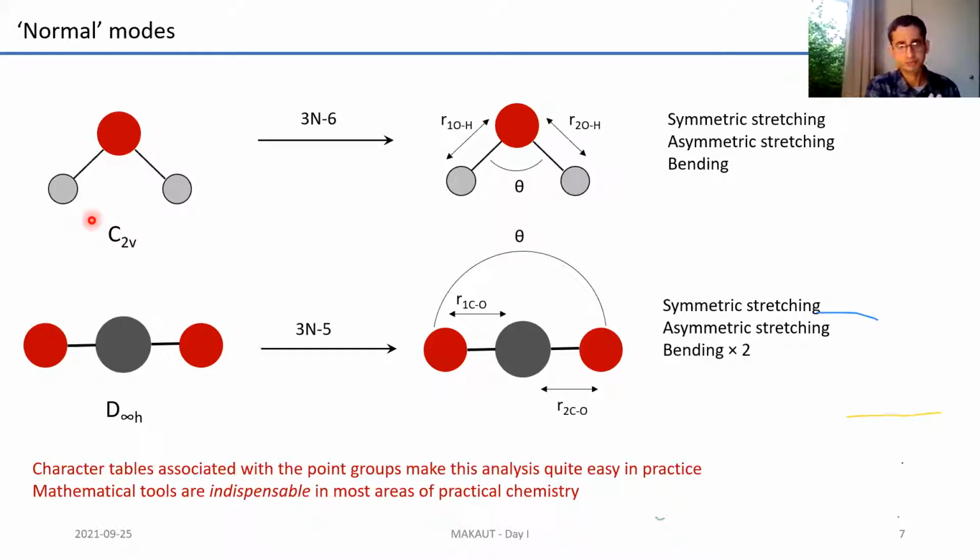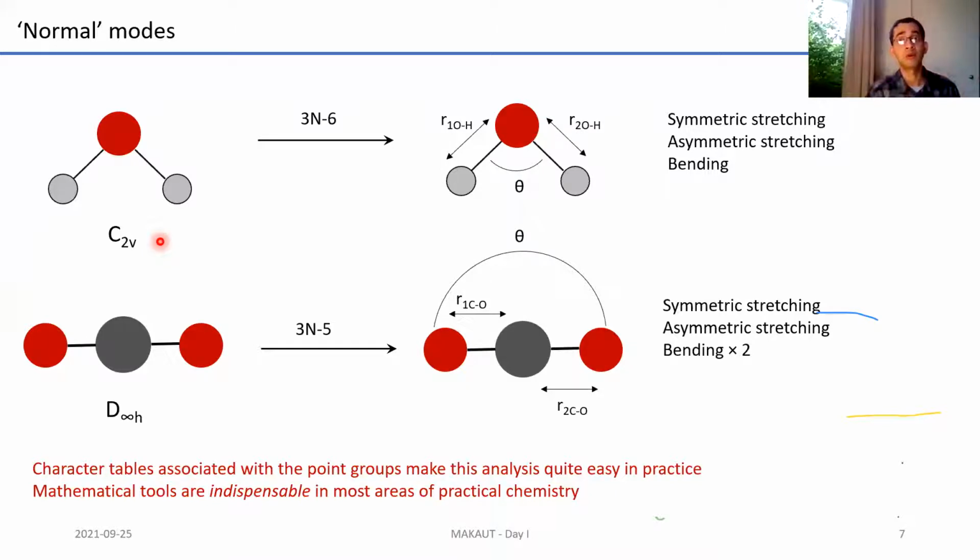In case this terminology is new to you, you will be learning about this soon in your spectroscopy course or as a part of your inorganic chemistry course. For carbon dioxide, the point group is known as D∞h. And this is because it has a C infinity axis along this and a dihedral plane here. And if you know the point group of these systems, there are certain things known as character tables. Again, my apologies if you know about this already, but for those of you who don't, each point group is actually a collection of symmetry properties associated with the molecule.